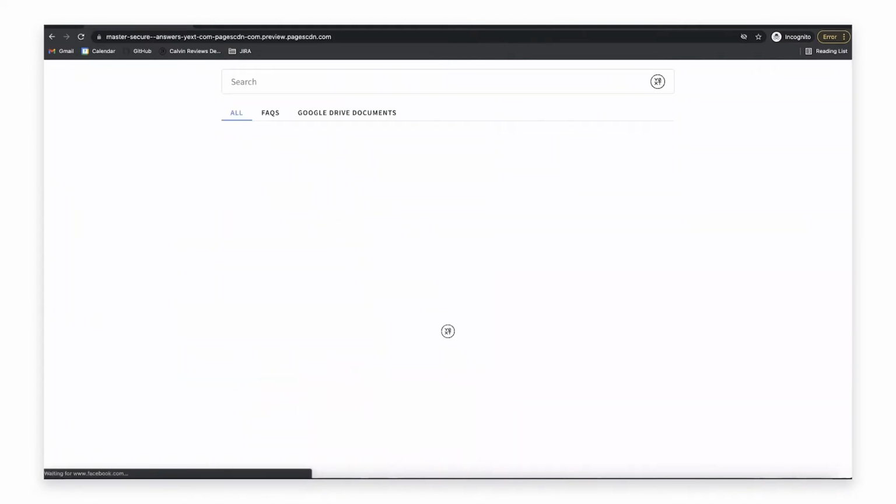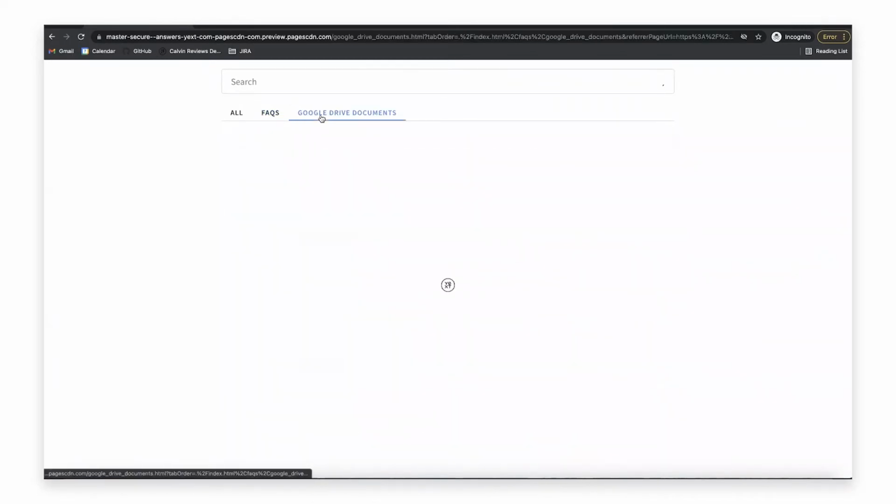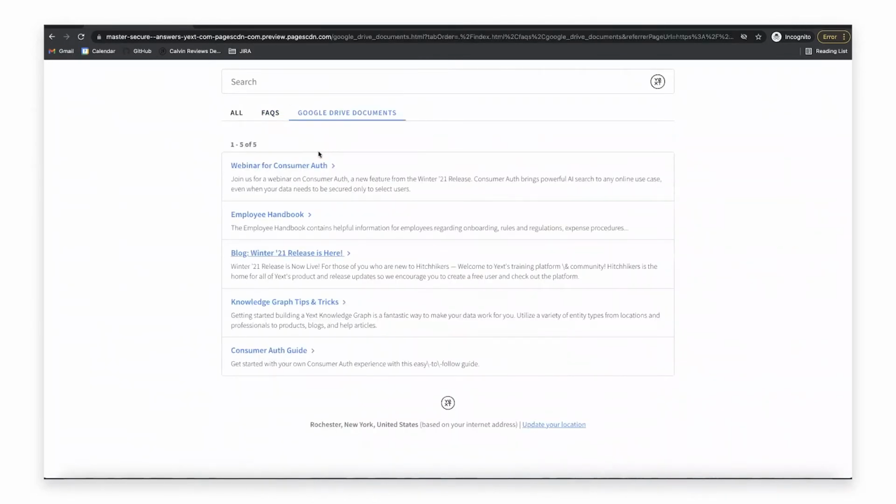And as you can see, I have my answers experience. And right now I have no authorization set up on the actual answers part. So I've logged in to access the site, but this contains all of my FAQs that I have configured for this vertical in the knowledge graph, and then all of these Google Drive documents. So right now, this is not an authorized search experience because this is showing every single thing that I have